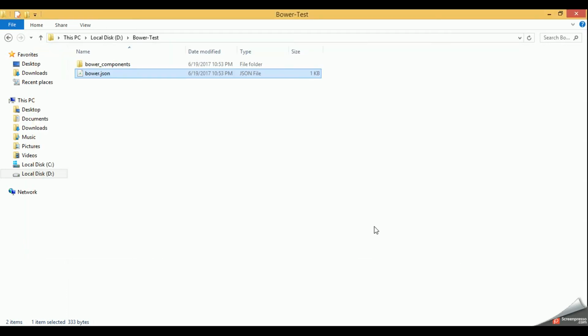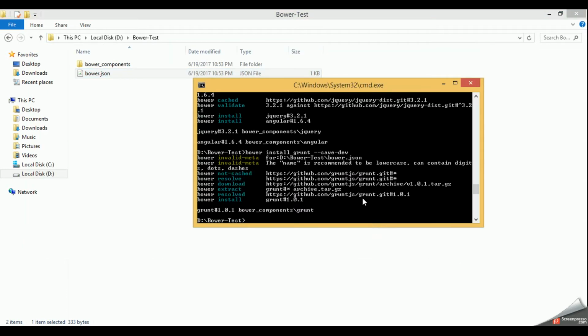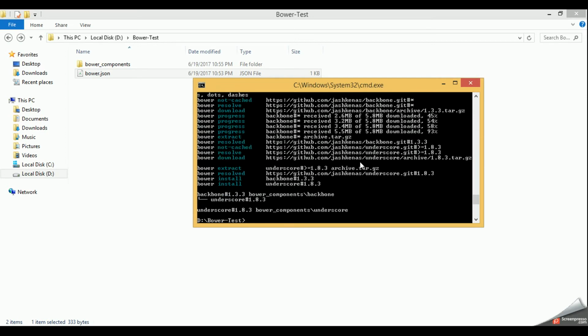So you have to be very careful about it, because this is something that is going to help you in the long term. Okay, so so far we have seen how we can install external libraries, how we can uninstall, how we can share this bower.json file with others, and we do not need to share the entire bower_components folder. We have also seen how we can list all the installed packages with their paths. We have also seen how we can segregate our dependencies into the dependencies and dev dependencies sections.